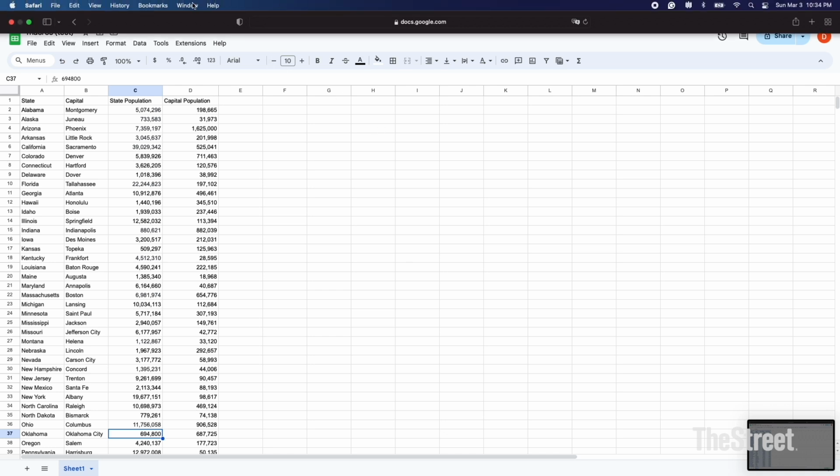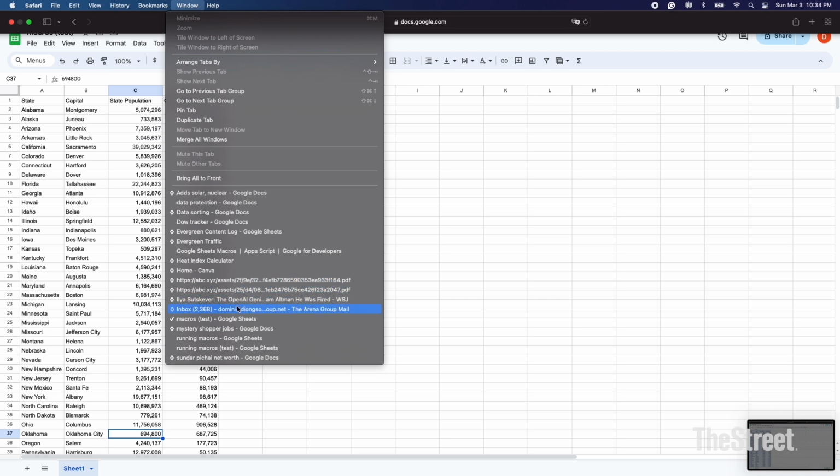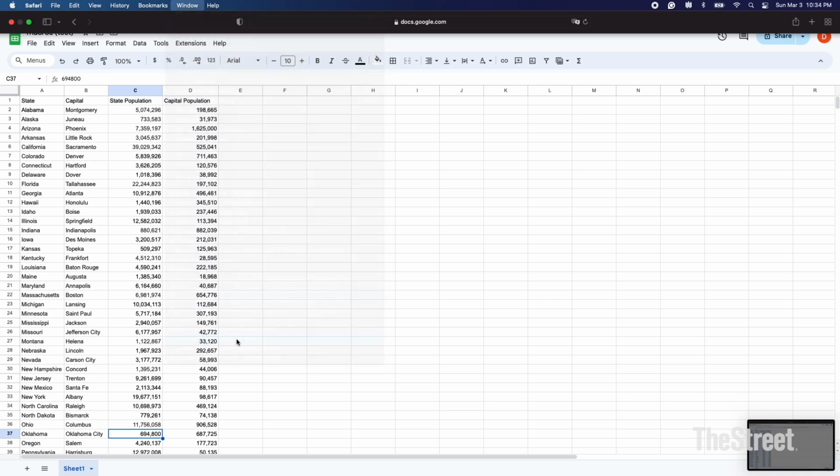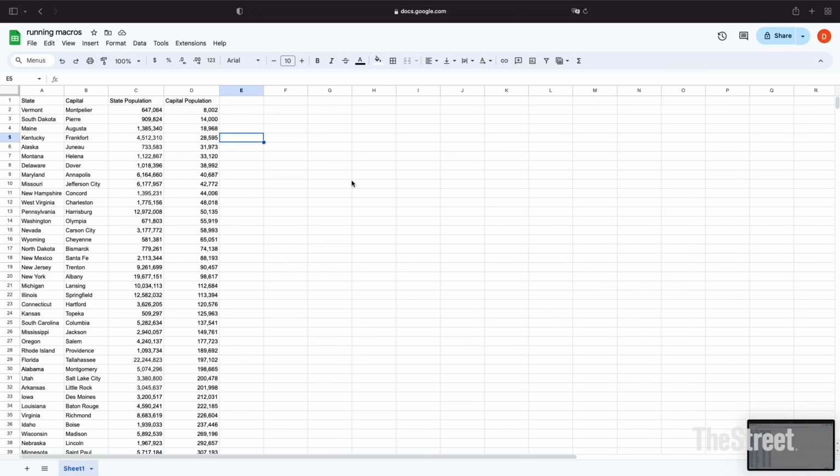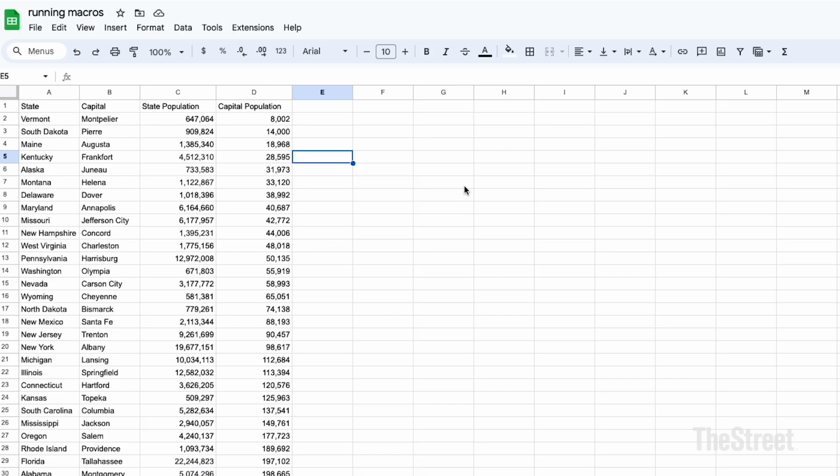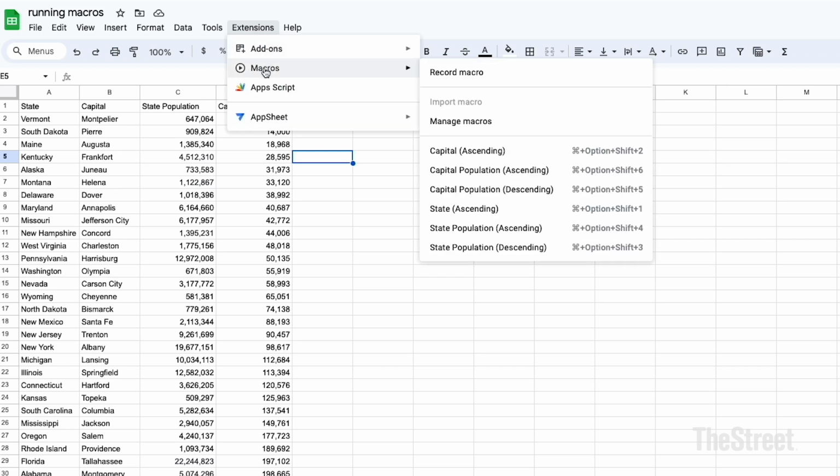Once we've done various sorting options on the data and recorded them as macros, we come up with this list of macros here. And so state ascending is Command Option Shift 1,